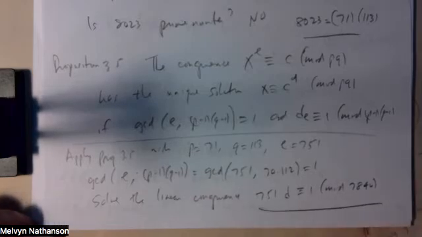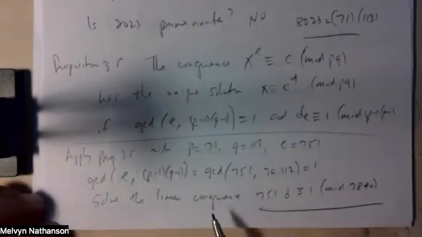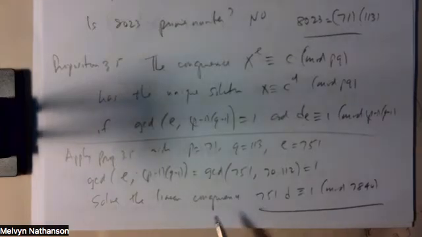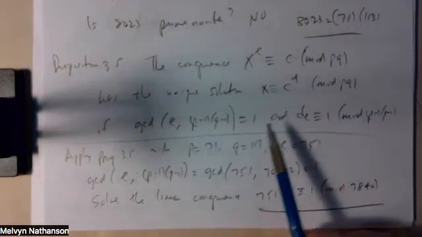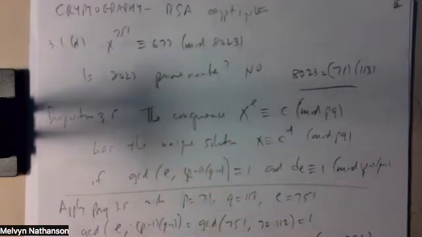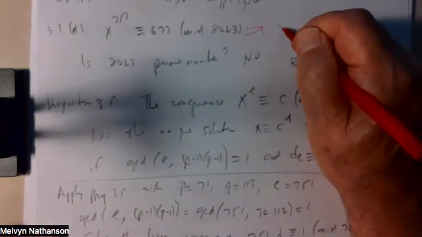So if I can find a value of D that solves this congruence, then the solution of my problem, which is x to the 751 congruent to 677 modulo 8,023, the solution will be x equals